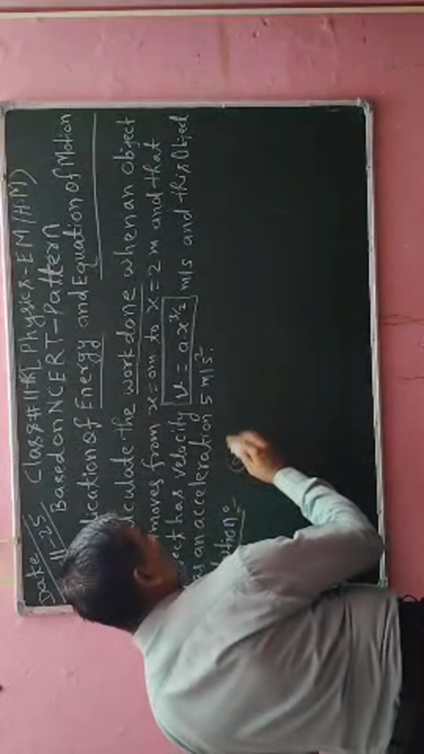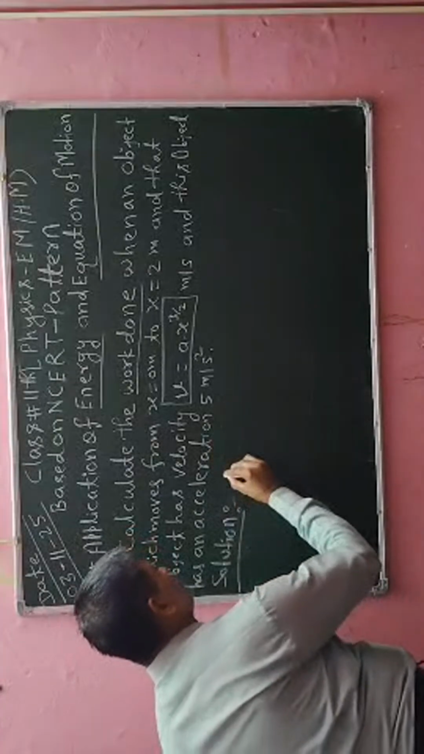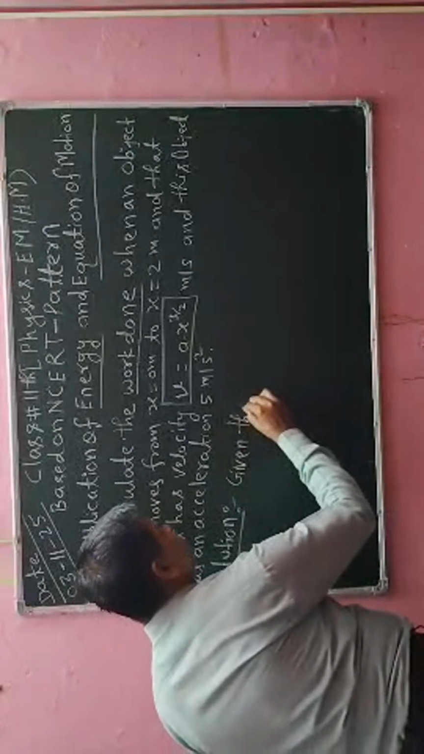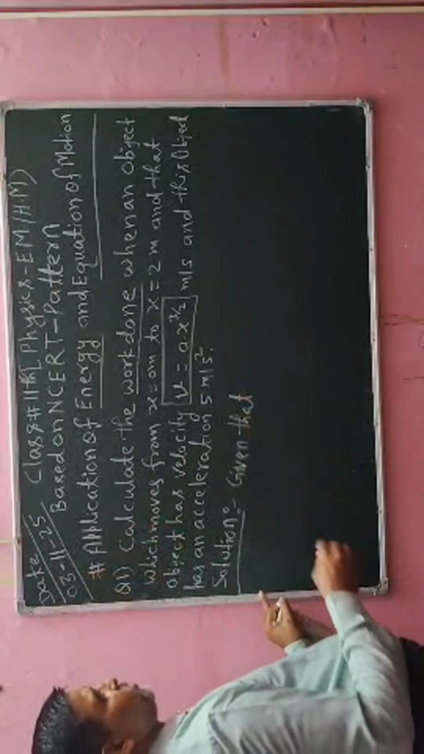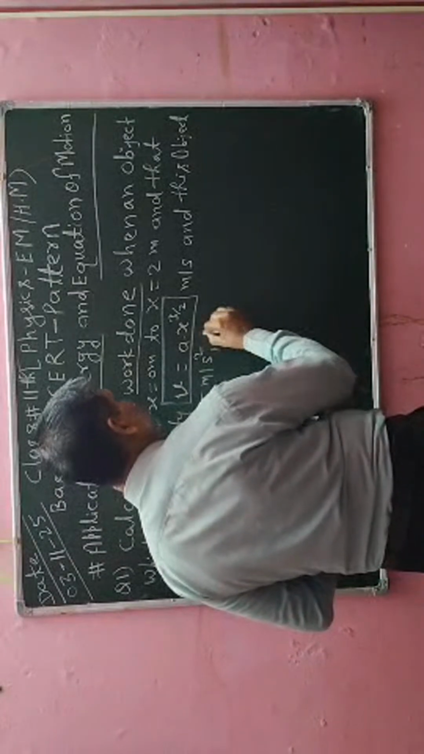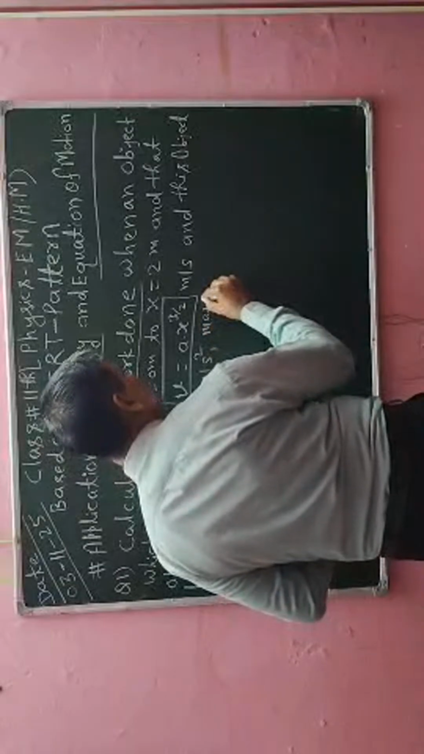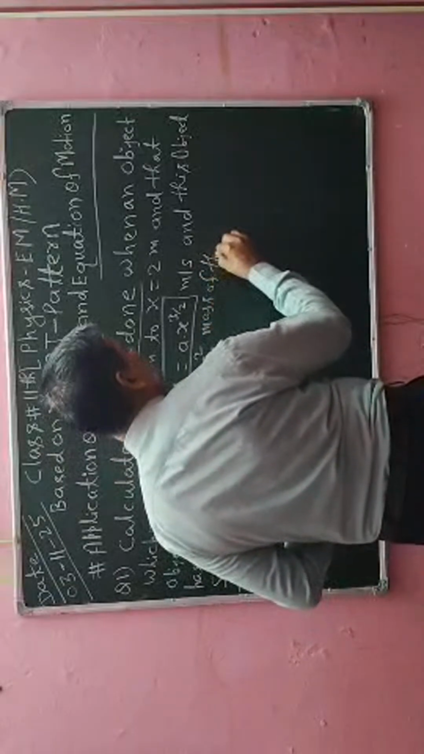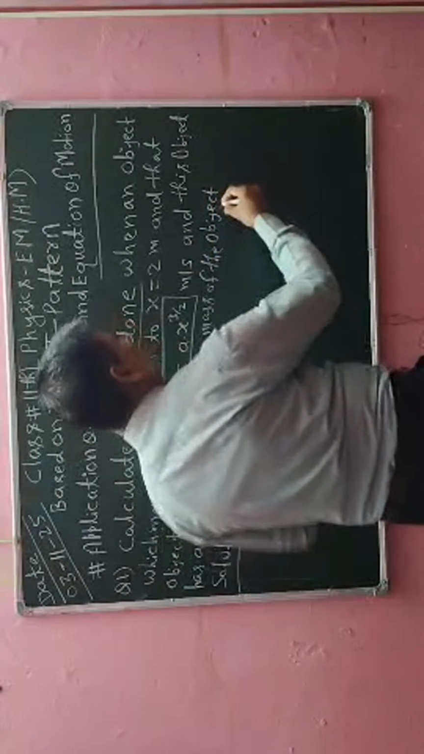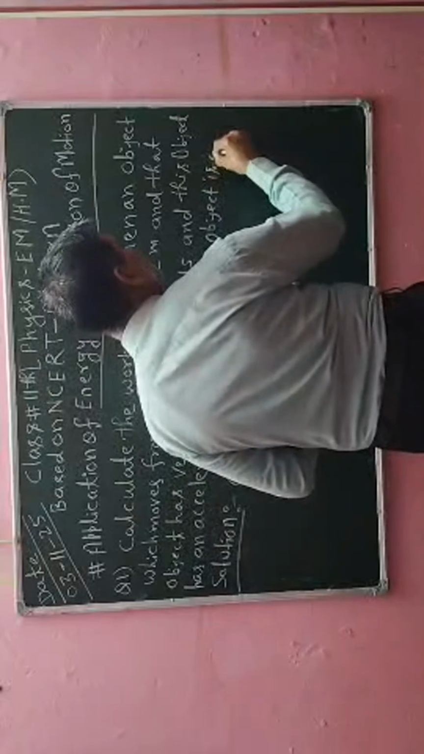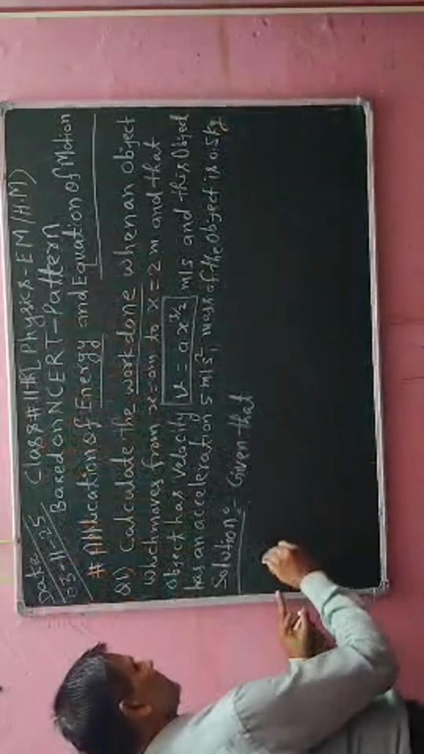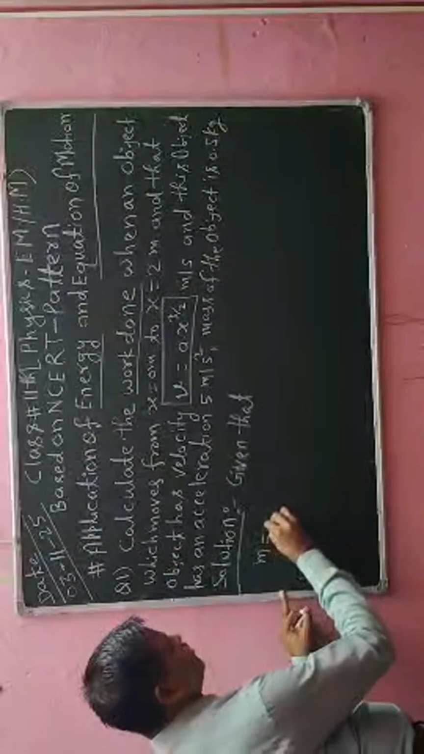Given that, I have to write here the information. Mass of that object is also available. I am going to add here: mass of the object is also given. Mass of the object is 0.5 kg. So given that mass of the object is 0.5 kg,